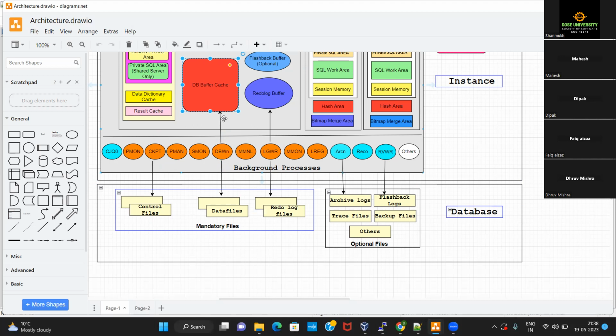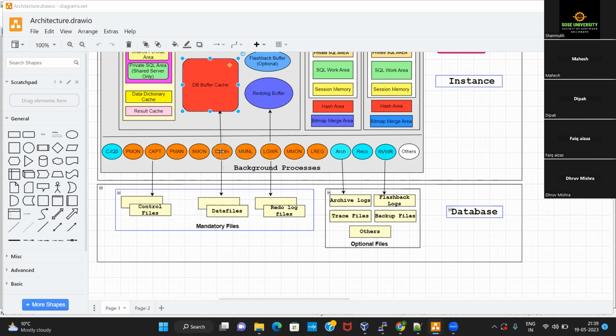That's the event you mentioned. Azaz, or who was that? Mahesh? Yeah, okay, bro. So at that event also, it will of course write the dirty buffers from the buffer cache to the data files, provided there is something to be written from the buffer cache to the data files. Getting it?